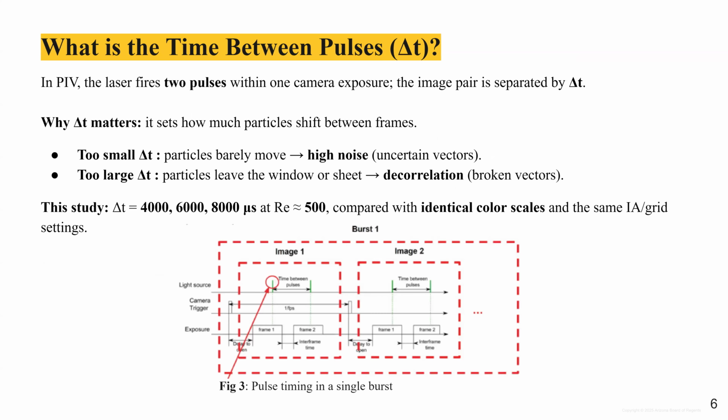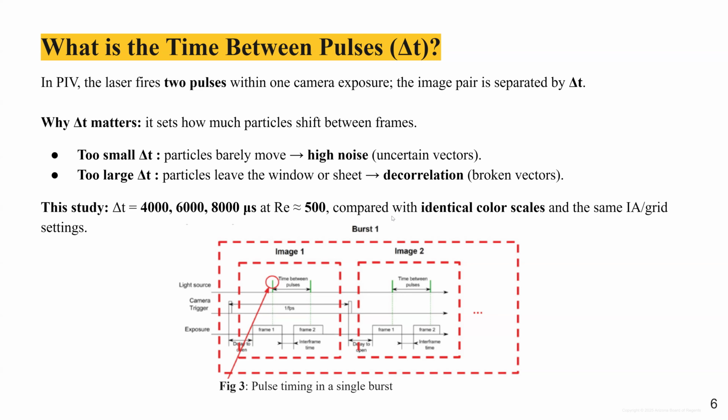Time between pulses, which is delta t, is the time between the two laser pulses that form each image pair. If time between pulses is very small, particles hardly move and noise dominates. If it is very large, particles will leave the window and the correlation fails. I tested 4,000, 6,000, and 8,000 microseconds at the same Reynolds number, which is 500, while keeping interrogation area and